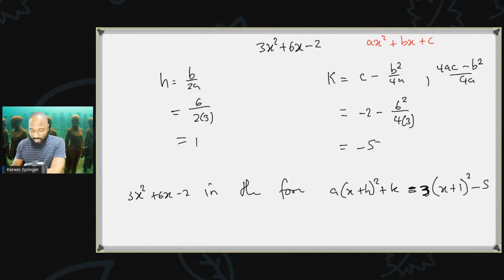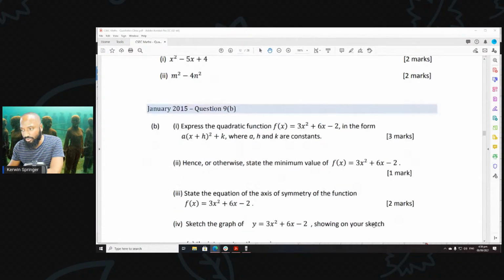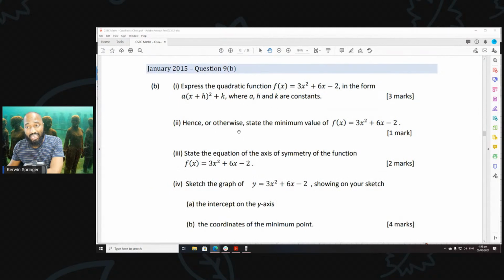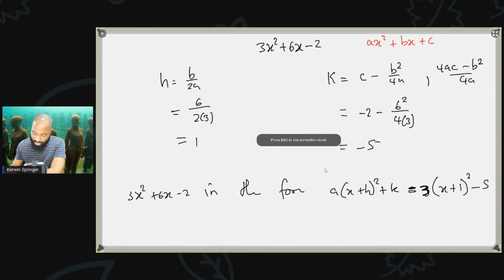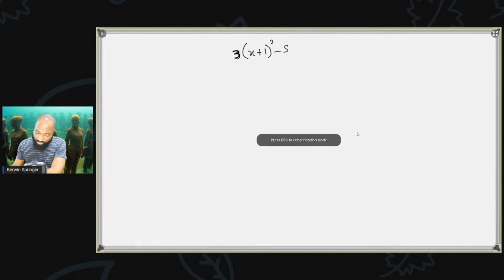Anyhow, let's keep rolling. Hence, otherwise, state the minimum value. Once again, they're asking for the same thing based off the same form: 3 into (x plus 1) squared. What they want, it's always the same thing over and over, is the minimum value of f of x, so the y, right? So the minimum value